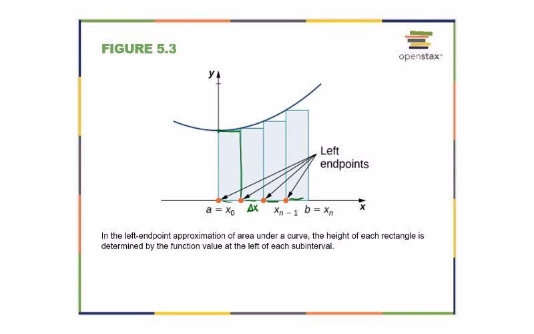The height of each of these rectangles is f of whatever these x values are. So this one would be f of x sub 1, and this would be f of x sub 2, and then f of x sub 3 and so forth, all the way to x sub n. A is the first and b is the last x value. So with the left endpoint, we start at a,